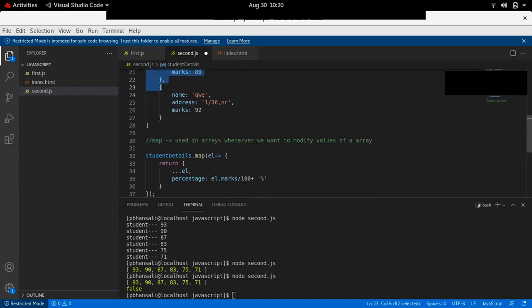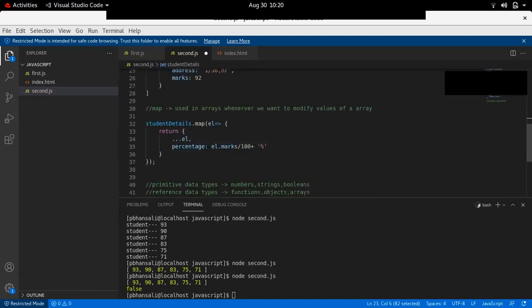And this map operator always returns a new array. You can name it anything, new student array maybe. Perfect.